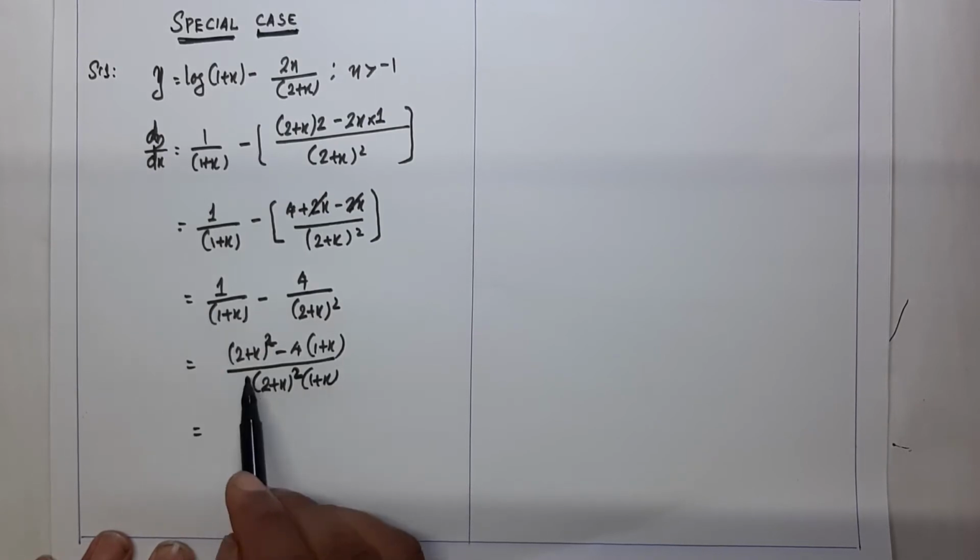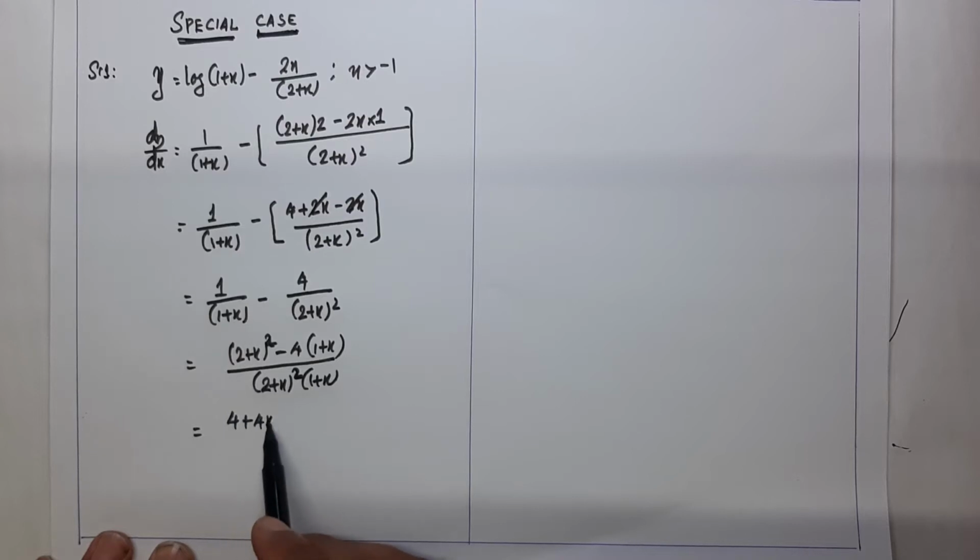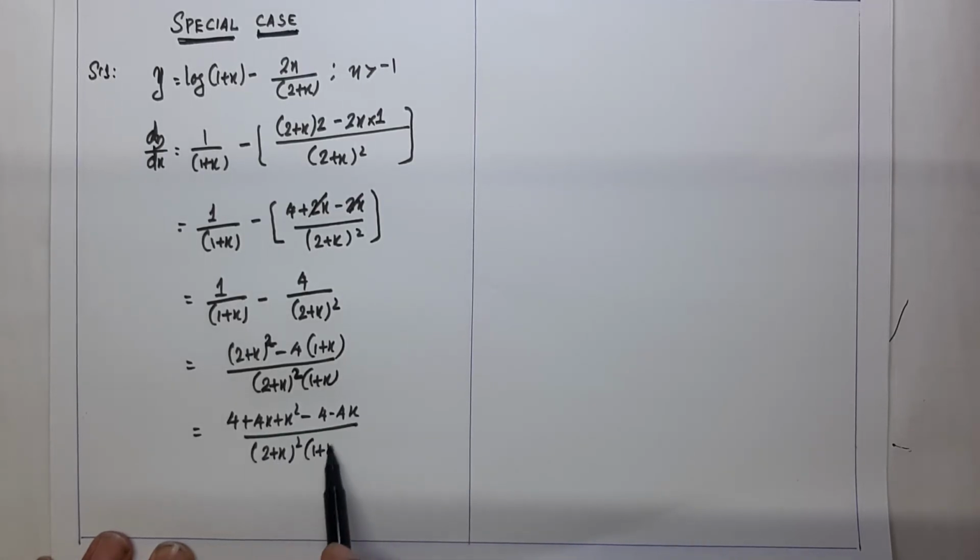On expanding 2 plus x the whole square using the identity, we get 4 plus 4x plus x square minus 4 minus 4x, the whole divided by 2 plus x the whole square into 1 plus x. Here 4x and 4 cancel, and therefore we get x square divided by 2 plus x the whole square into 1 plus x,